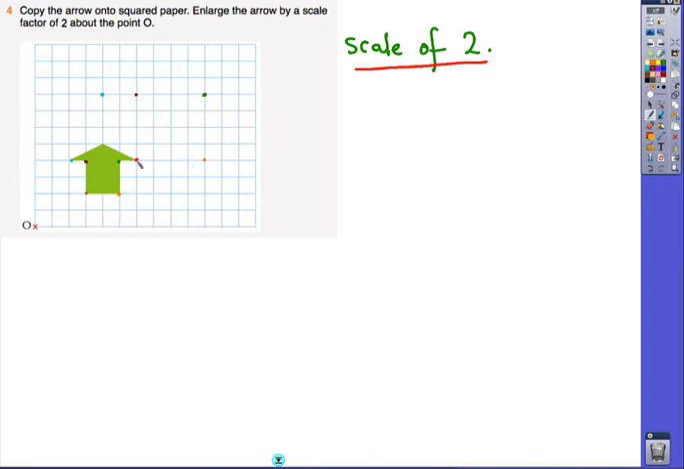And I think we missed this point. This one is going to be 6 right, 4 up. So we have to do this twice. 6 right, 4 up, 6 right, 4 up. It's right there. And the last point